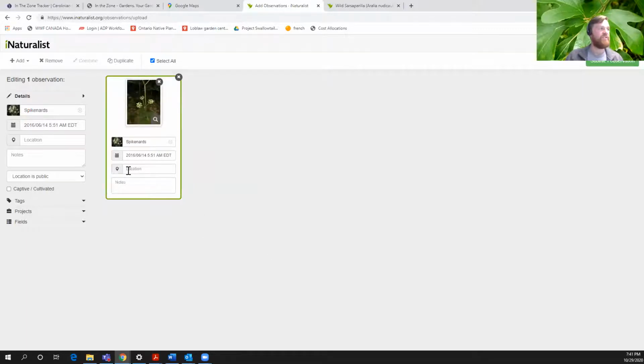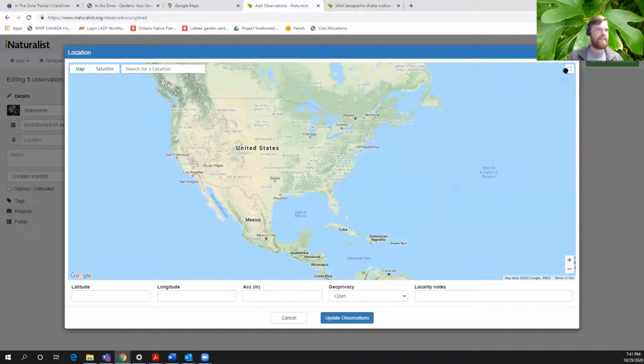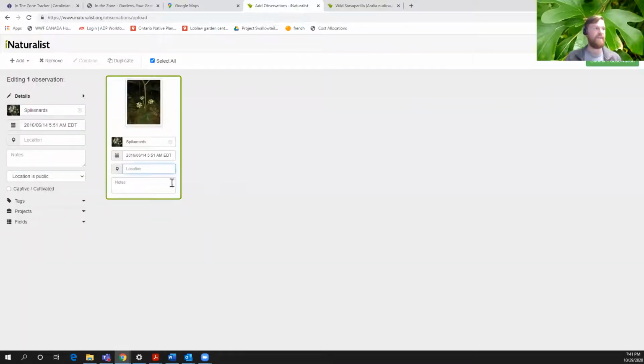You can add your location. If you want, a whole map comes up. Bam, bam, bam. Stick that location in. Sometimes that comes directly from your camera, sometimes not. You can add notes. I found this, whatever, blah, blah, blah. Anything you want to add. And then you just submit the observation. I'm not going to click submit because I don't remember where this photo came from.